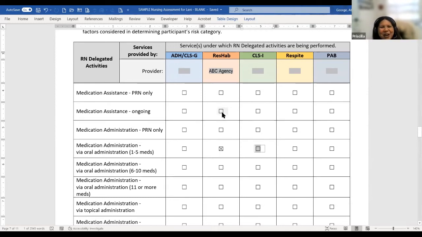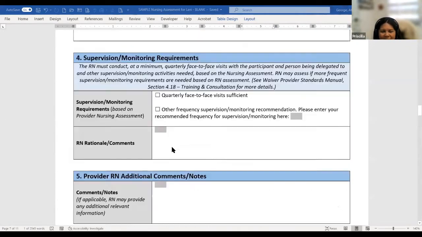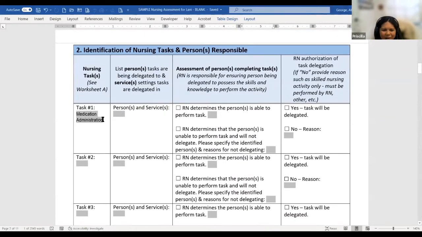You can take note, but the administration is specifically when the direct support worker or the caregiver is fully involved in doing the administration of the medications, if that makes sense. Thank you. Yeah, no problem. And let me know, because sometimes if I'm not explaining it correctly, I can try to do it in another way.